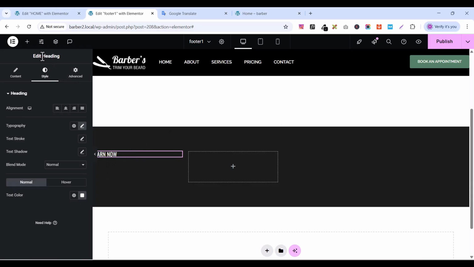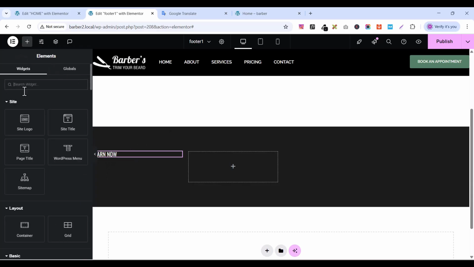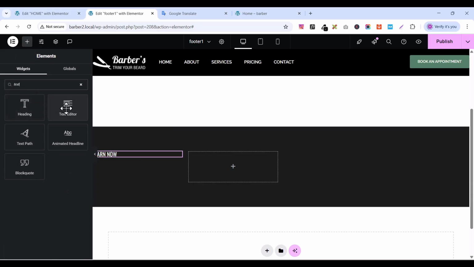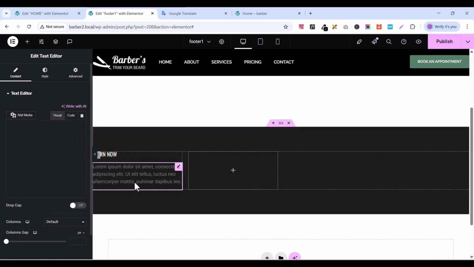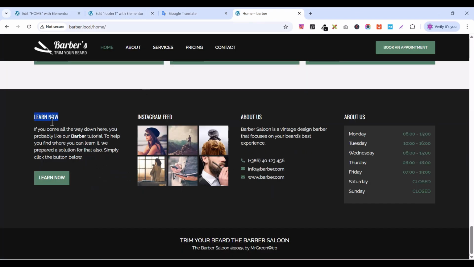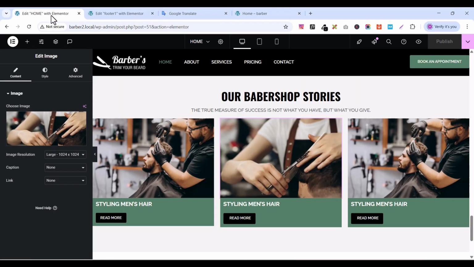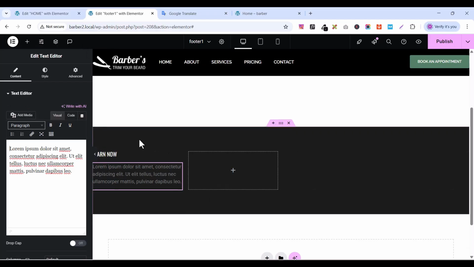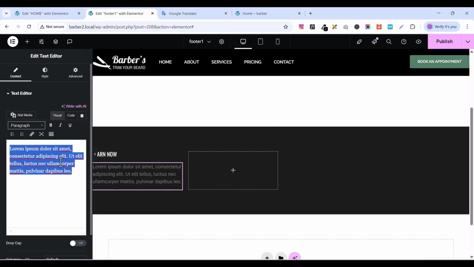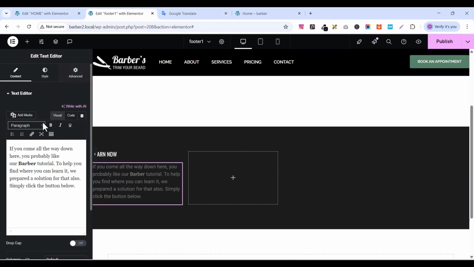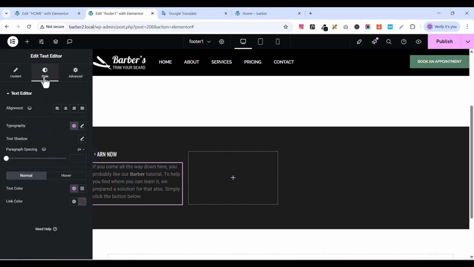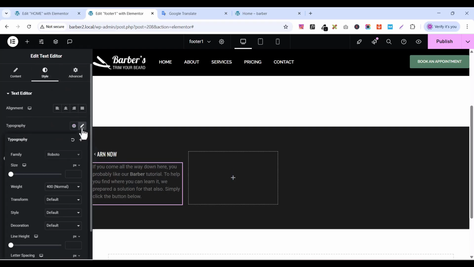So from here, let's add another text, this text editor, paste it here. Let's go to our reference site, copy this, back to our working environment, our footer working environment, paste it here like this, and let's style this by going to style, typography, click on typography, font family, Raleway,